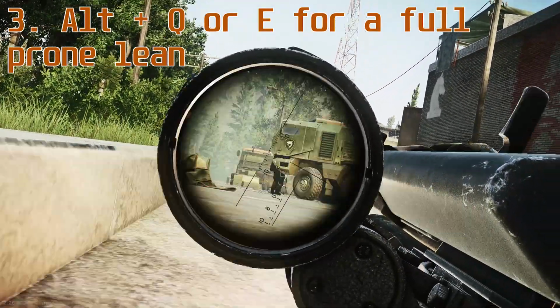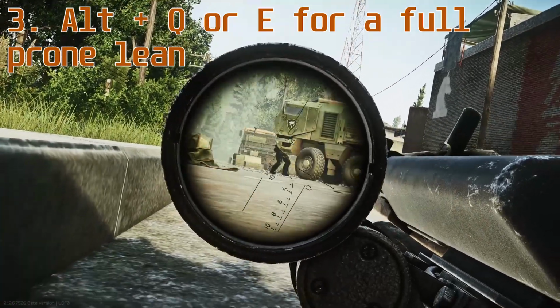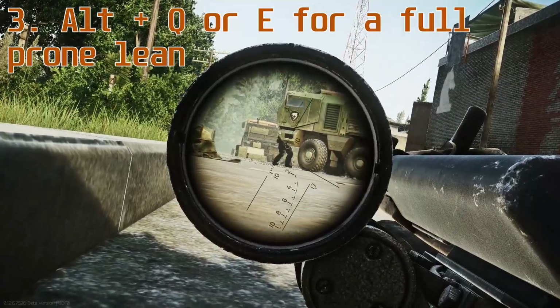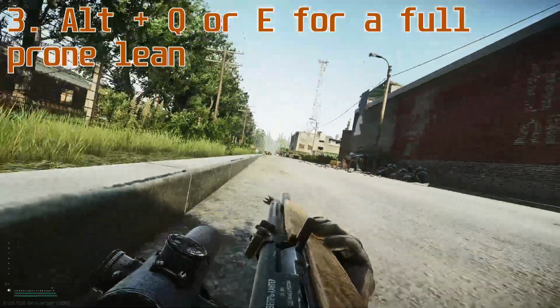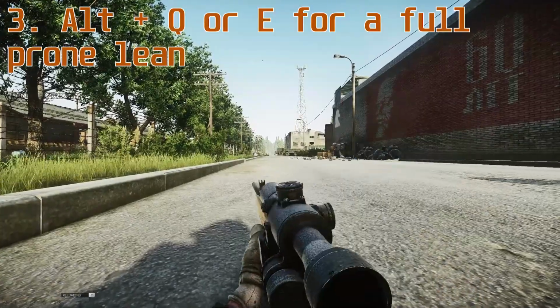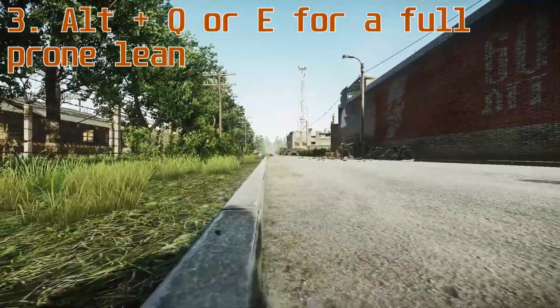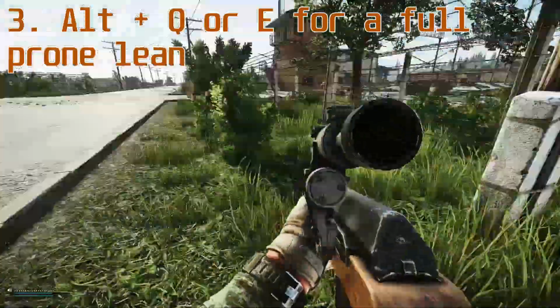I will say that I find it far more difficult to aim like this, and it's going to take some practice to get used to, but I think it's going to be a very useful thing to use on most maps, especially residential areas or places with buildings. I mean, hell, even on Woods, if you just want to lean out from behind a tree, I think that would be fantastic. Now I think this is going to be way more effective against scavs than it is going